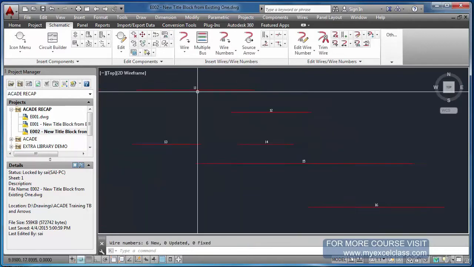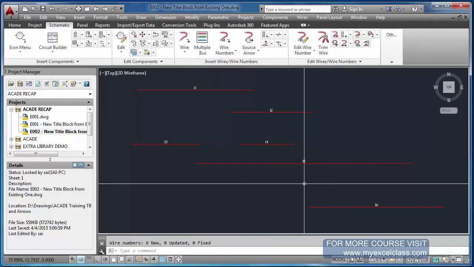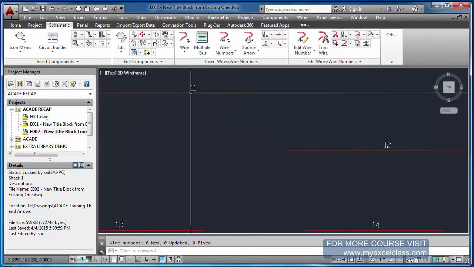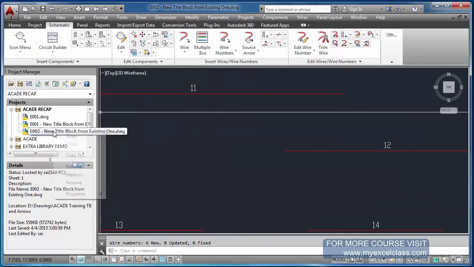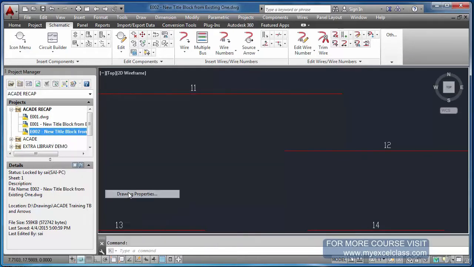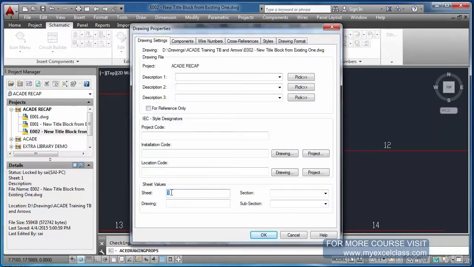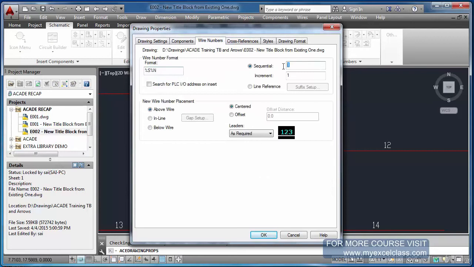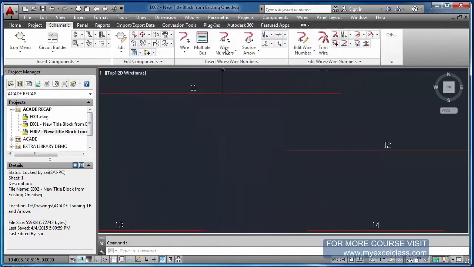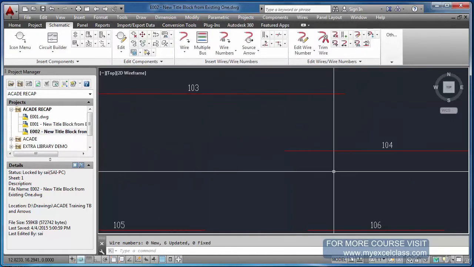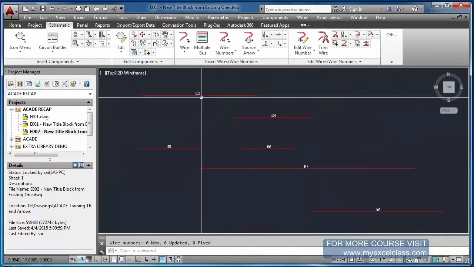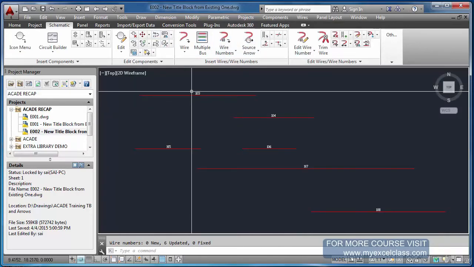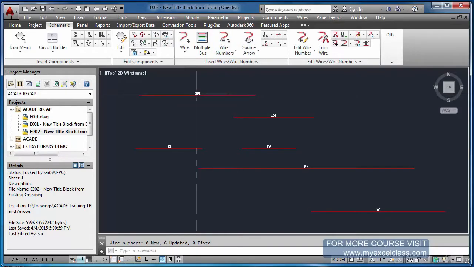Now you see 11, 12, 13, and so on. The first digit 1 stands for my sheet value, and the second part is the sequential number. If I change it to 0, 1, what will happen? Let us see. The wire numbers will become 101, 102 in that fashion.